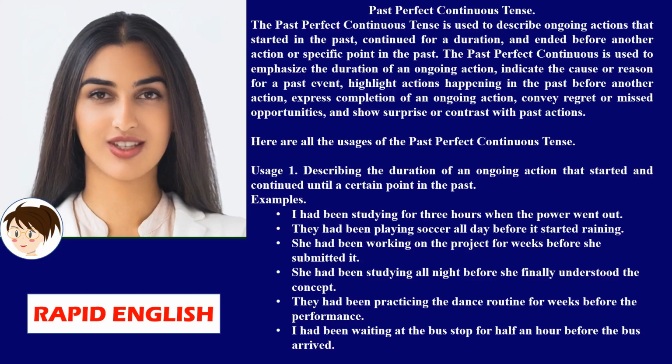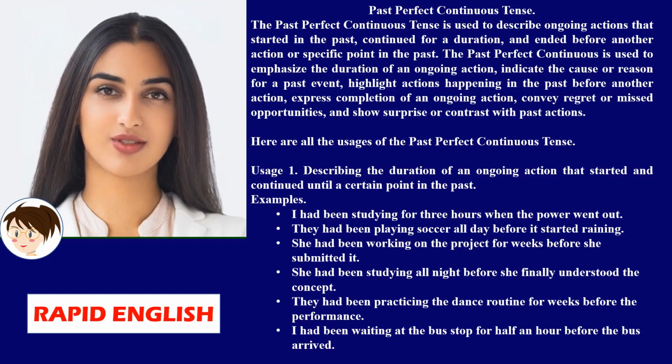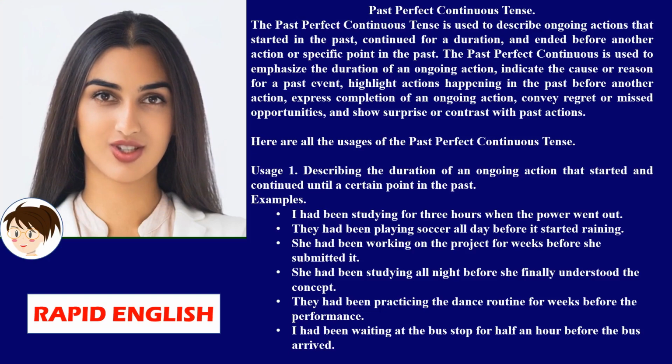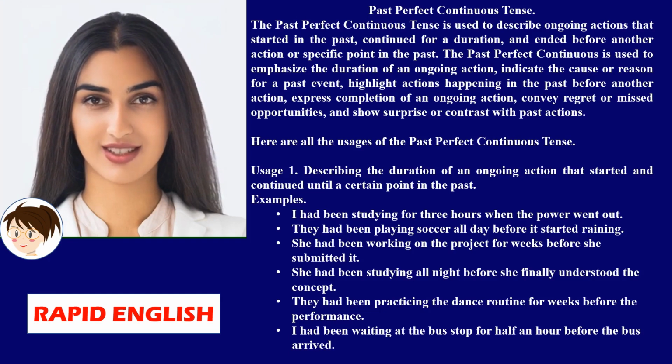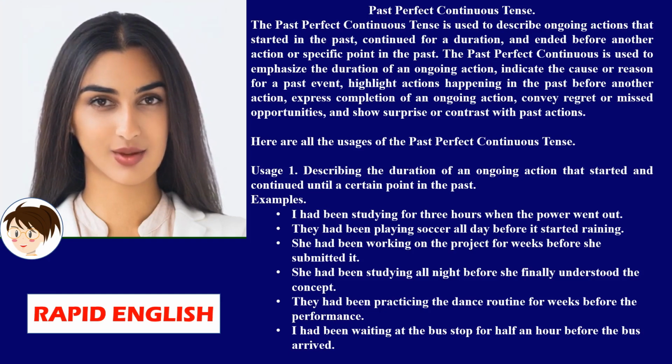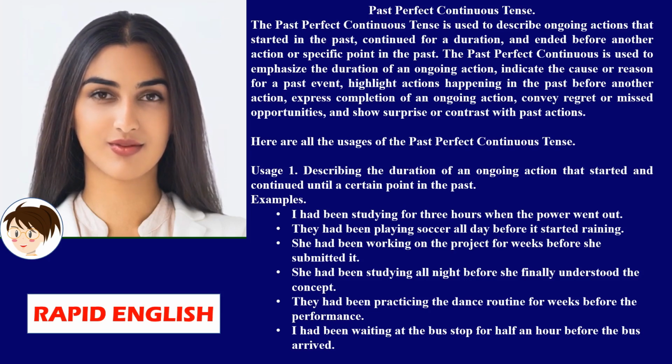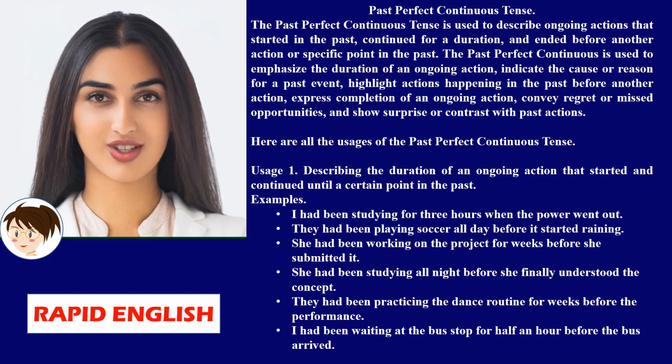Past perfect continuous tense. The past perfect continuous tense is used to describe ongoing actions that started in the past, continued for a duration, and ended before another action or specific point in the past. The past perfect continuous is used to emphasize the duration of an ongoing action, indicate the cause or reason for